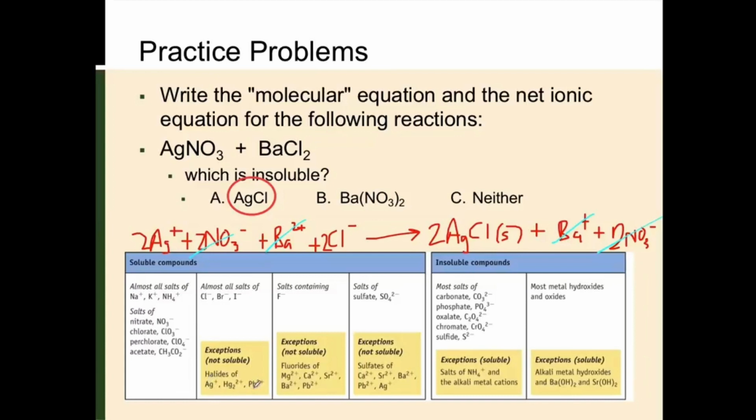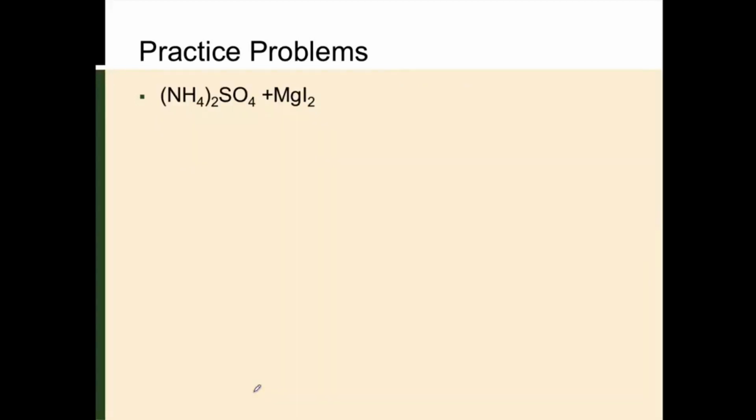And lead are all exceptions. Magnesium. Okay, insoluble is going to be, draw out our net ionic equation in order to be able to solve this. Now we find that